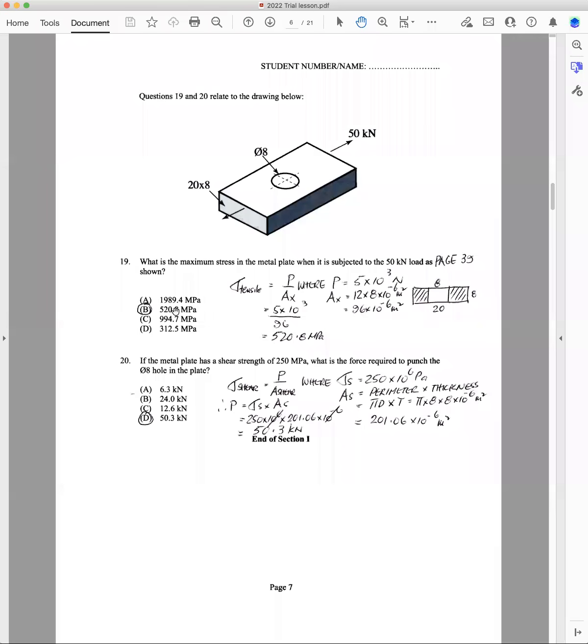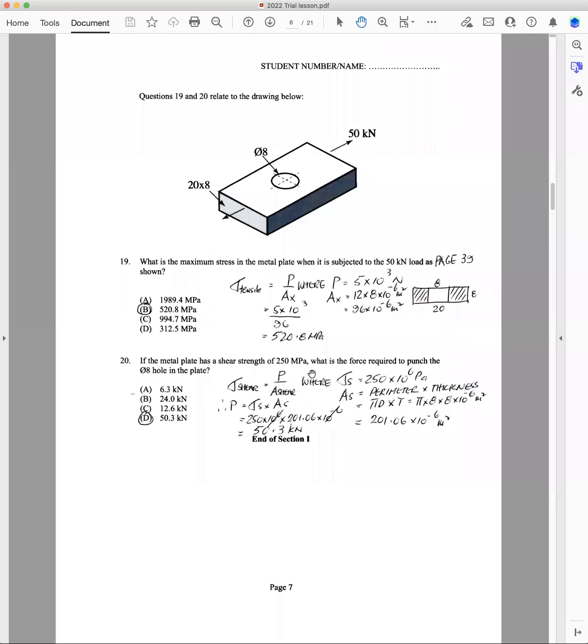The other thing you've got to work out with these is the force required to punch the hole, because if you have a compressive stress in the punch greater than the strength of the metal, it's going to disintegrate. And I've seen that happen many times. This is a different formula here for the area. That's the first thing that we look for, that the area is different. And so shear stress is equal to load over area of shear, where the shear stress is 20 times